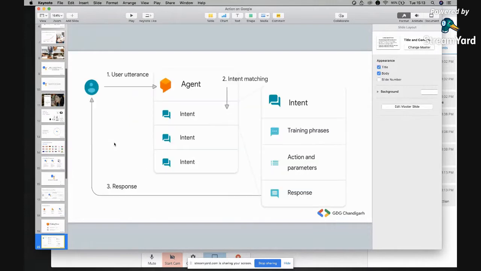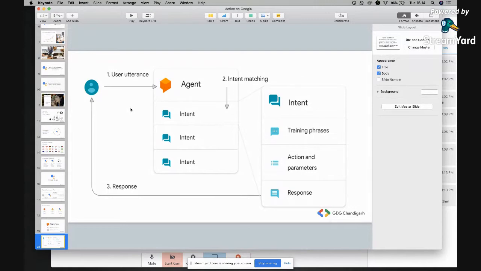I'll explain that. Again, it is very important to understand the flow before we directly jump into the development part. So here it is. Whenever the user says something, it is passed from Actions on Google to Dialogflow. We have to define a build component in Actions on Google as Dialogflow. You can define some other tools too, but as of now, the most important or trending thing in Assistant is Dialogflow. So the user says something, it is sent to Dialogflow. Now, what Dialogflow does is